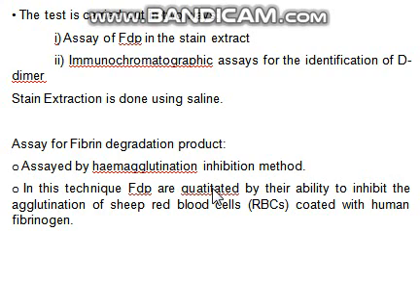If I summarize this test, you have to take the RBCs of sheep and coat them with fibrinogen, and then add the questioned sample and observe the agglutination reaction. If the agglutination reaction does take place, it means your questioned sample is the outcome of normal bleeding. If the agglutination is inhibited, then it shows the sample is an outcome of menstrual blood. The next test that you can go for is the immunochromatographic assay test.